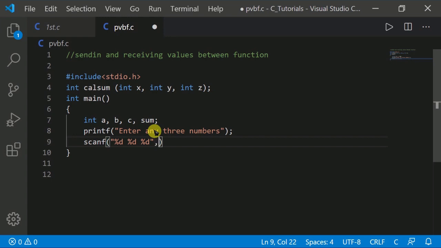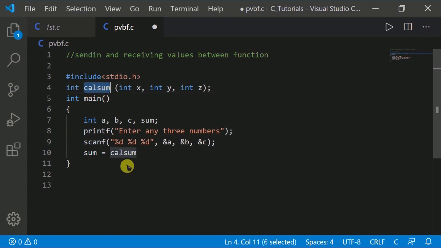And now I will store them into &a, &b and &c. Now sum equal to calsum, that is the function. Here we are calling the function calsum.